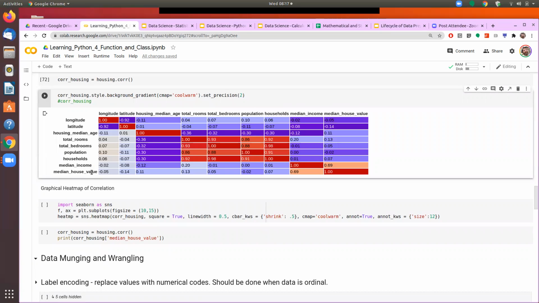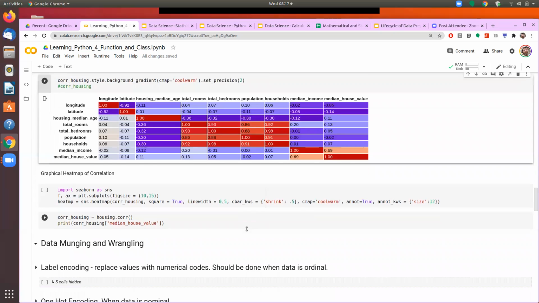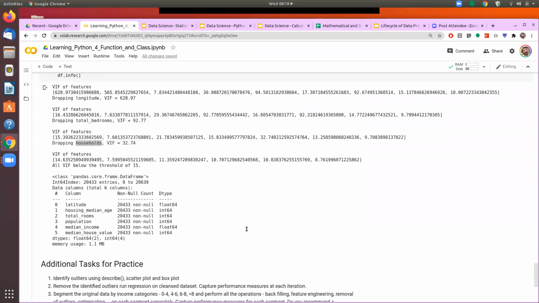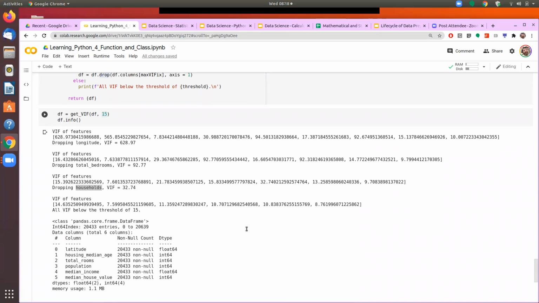These 3 were dropped. And then it says that now you can run with your estimation because the highly correlated items have been dropped. So the crux of the discussion today is that VIF is another important measure we need to understand. But in order to understand VIF, we also had to understand what is R square, because the formula of VIF is 1 by 1 minus R square. So that formula, 1 by 1 minus R square, actually inflates the variation factor.